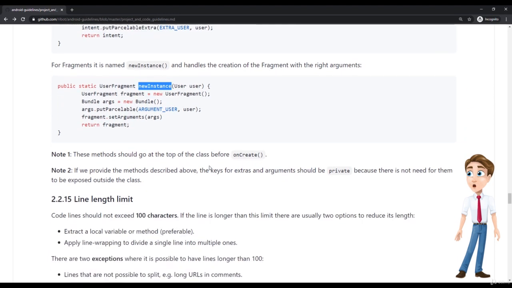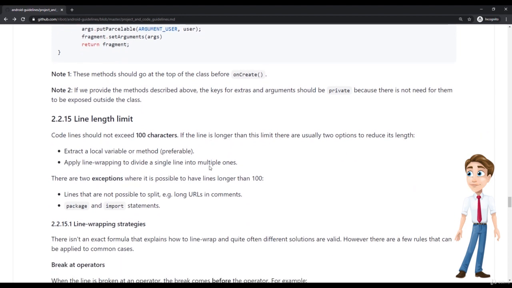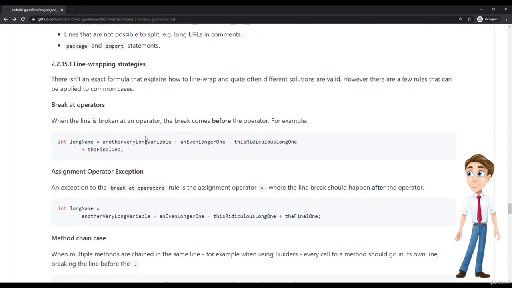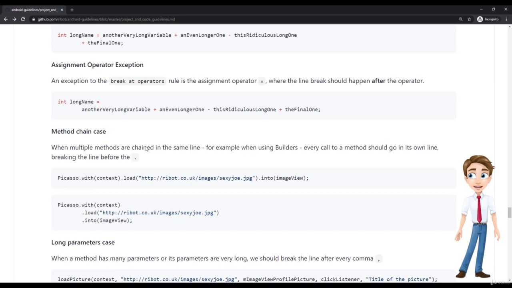Now, let's go a bit to the line length. We know that we don't want to have them over 100 characters. Well, that's already highlighted by Android Studio, so that's fine. If we go here to line wrapping, again, this is fine, but if you refactor your code with the shortcut that I've told you about, this is going to be automatic, so you don't have to do it manually all the time. But one of the last things is this with the chain.